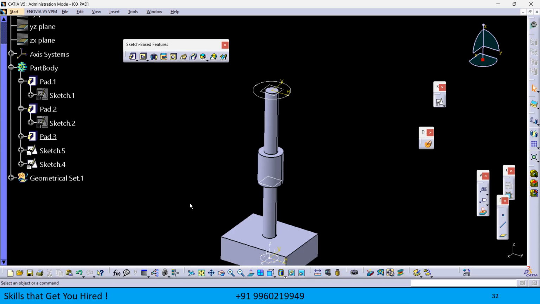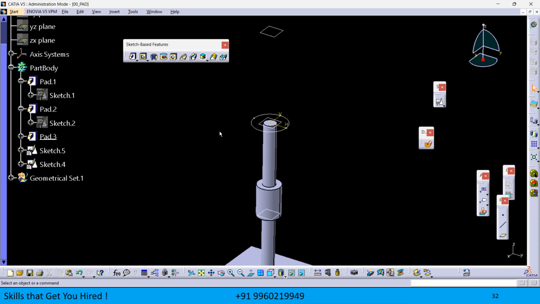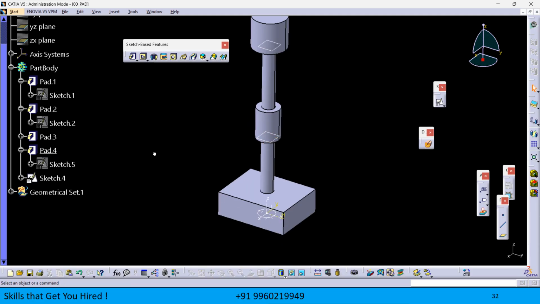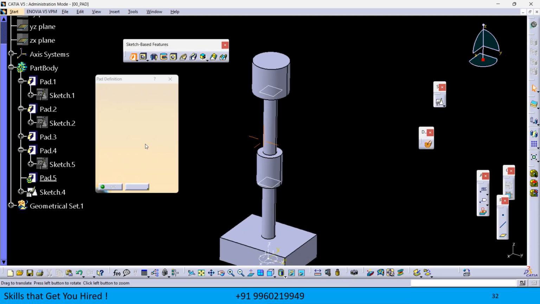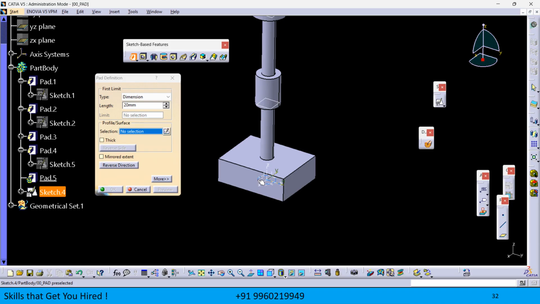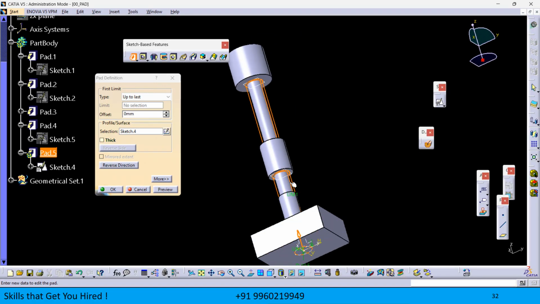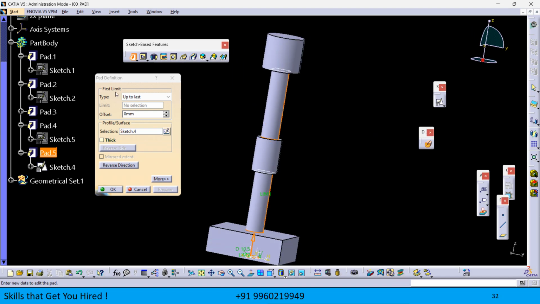So before doing that pad, I'm creating one feature over here, then click OK, and now you try to create a pad for this circle, and now you see here you can drag this first limit, and now you can see here up to last feature. This feature will be extended up to the last limit of the face. So this is up to last, and if you use up to next and you see this preview,